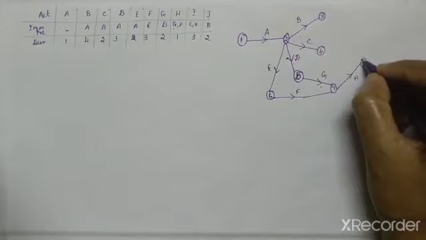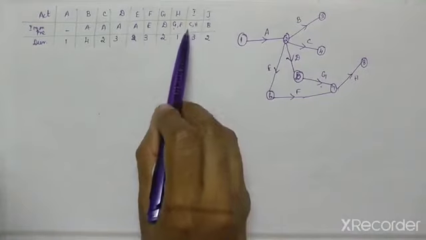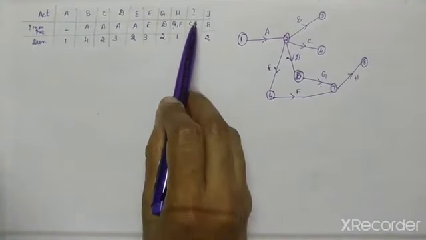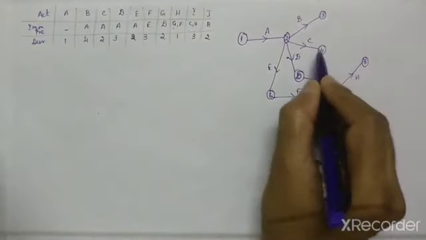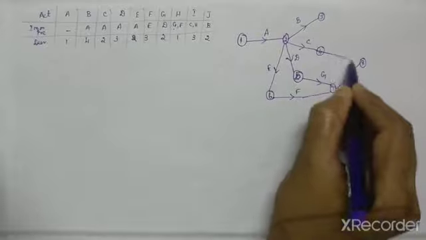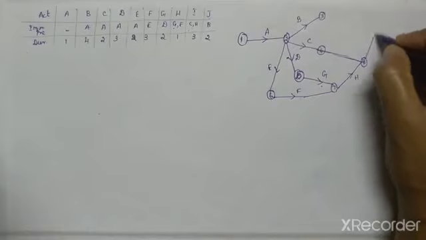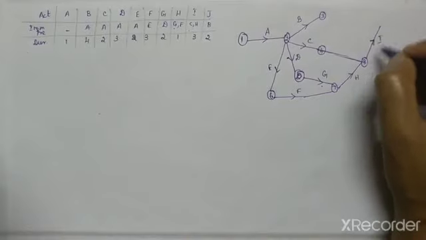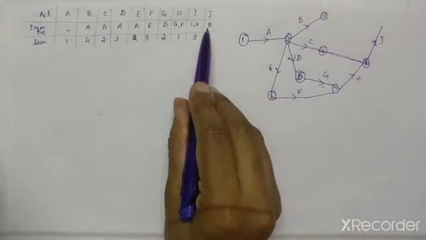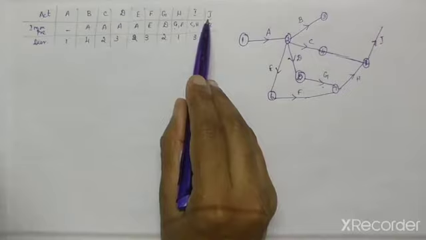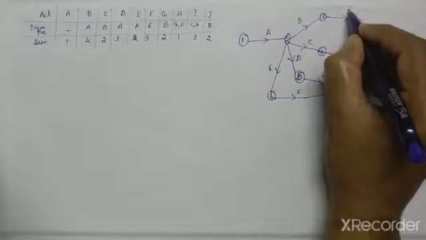Put this as node number 8. The next will be, after finishing C and H, you have to come with I. So after finishing C and H, here itself we have to join this one, actually joined from this one. So after finishing C and H we have to come with I. The next one is, after finishing B you have to come with J. So here you have to write like this.